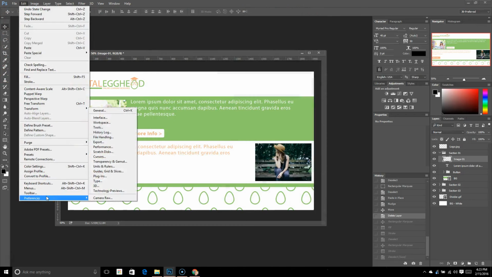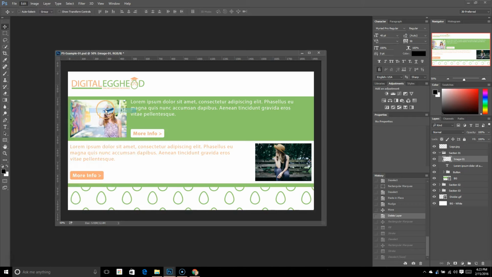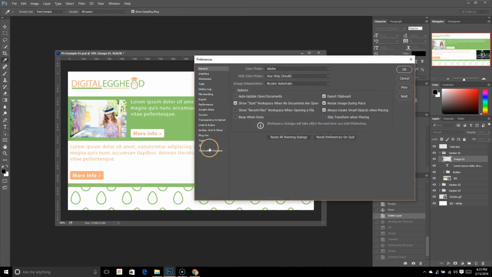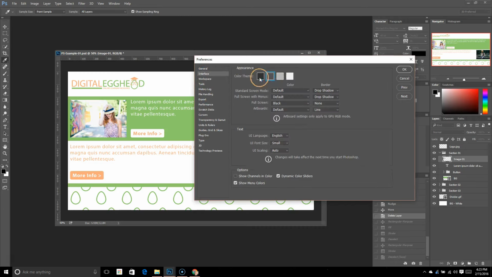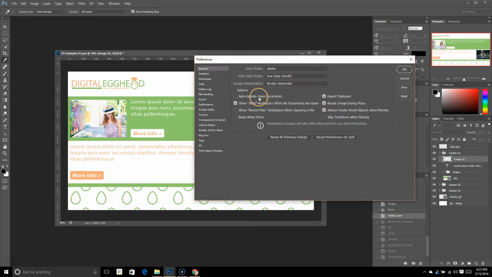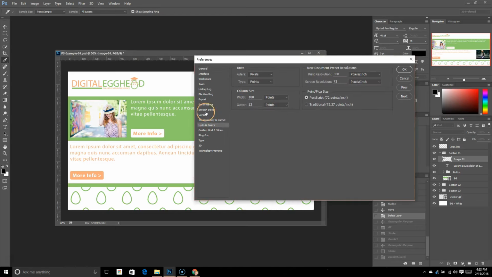And then we have preferences. And this is generally just all of the preferences that you would have for your workspace and working with Photoshop. All of these will take you to the same interface, and you can see all those same options right here, and scroll between them. Set your color themes. There's a plethora of things in here that you can change to your liking. So that's worth exploring to figure out what it is you want all your preferences to be. Okay, and that's it for the edit